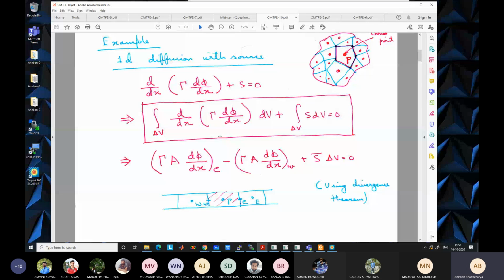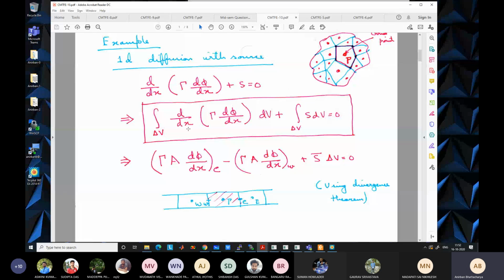Okay, the volume integral can be converted to a surface integral. We will see later for the general case. For a simple 1D case, the surface is just 2 points, the east side and the west side. So the volume integral can be written as, I will come to the general case later,